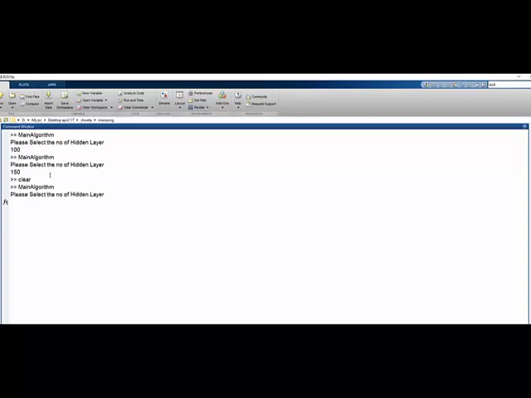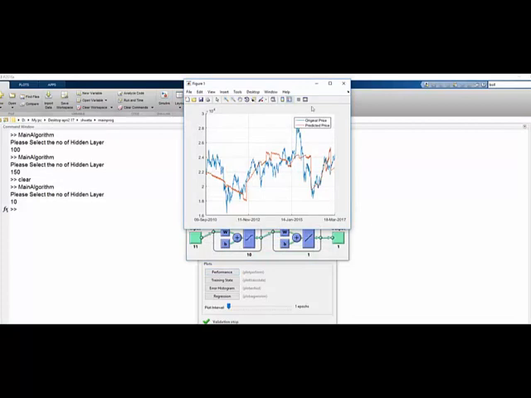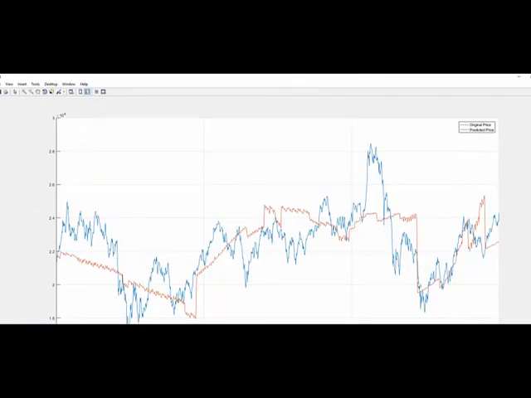It will ask me to select the hidden layer size. If I put 10 here and run it, I'll get output with very low accuracy. So that's the concept of tuning your software and tuning a neural network. You must know the optimum value of the hidden layer, so that it can get automated and give you the best prediction. Right now, you can see the prediction value is quite low. As I showed you previously, the prediction value was high.